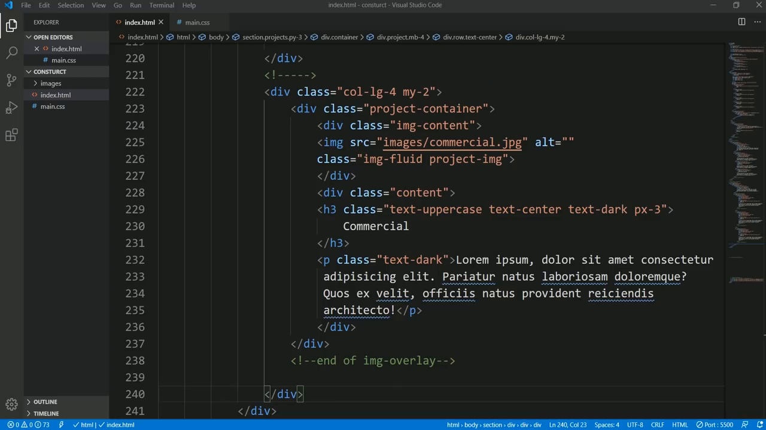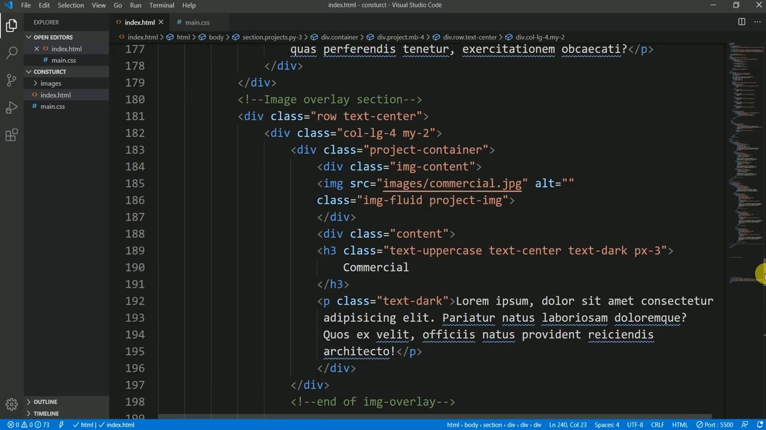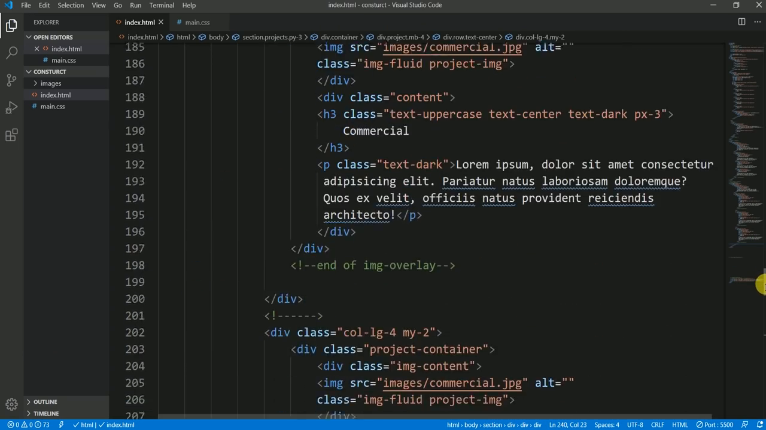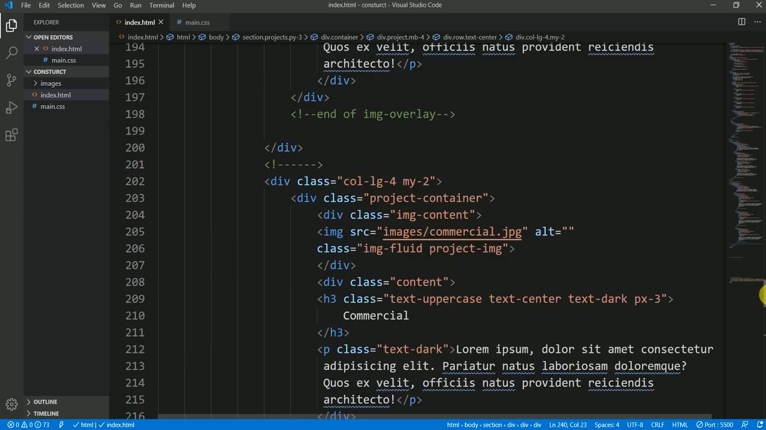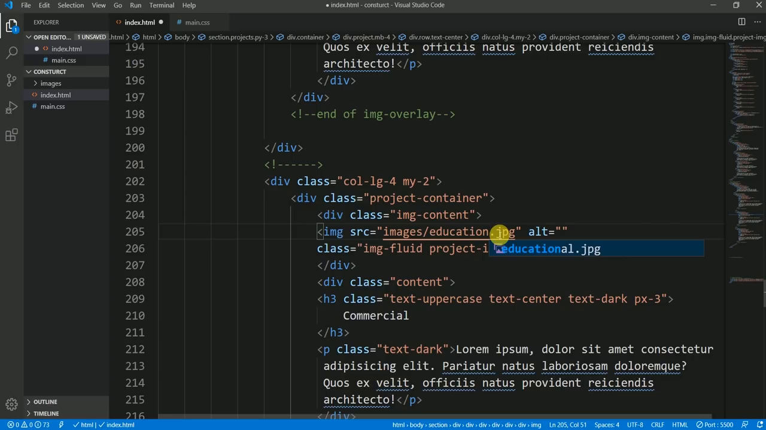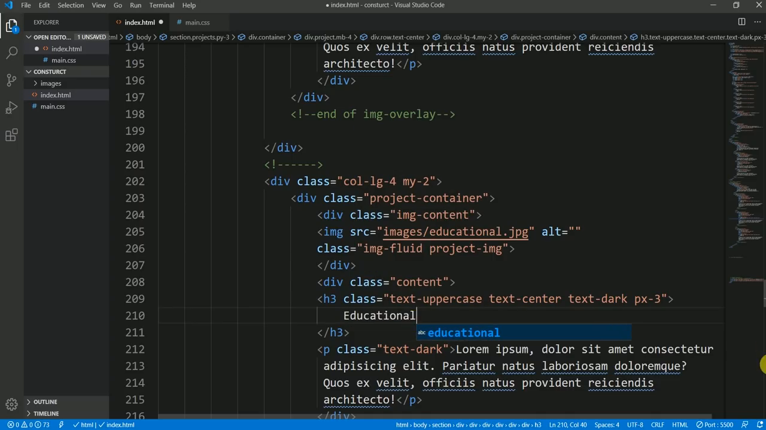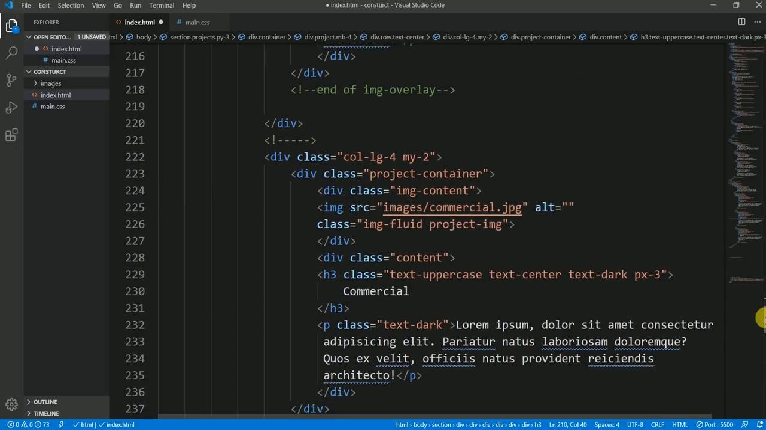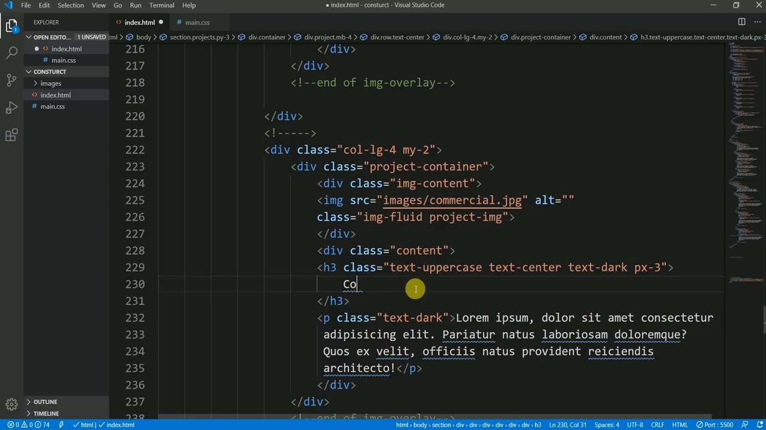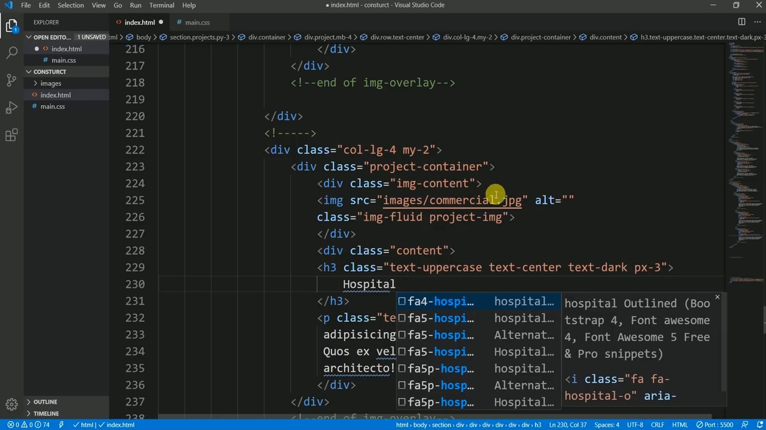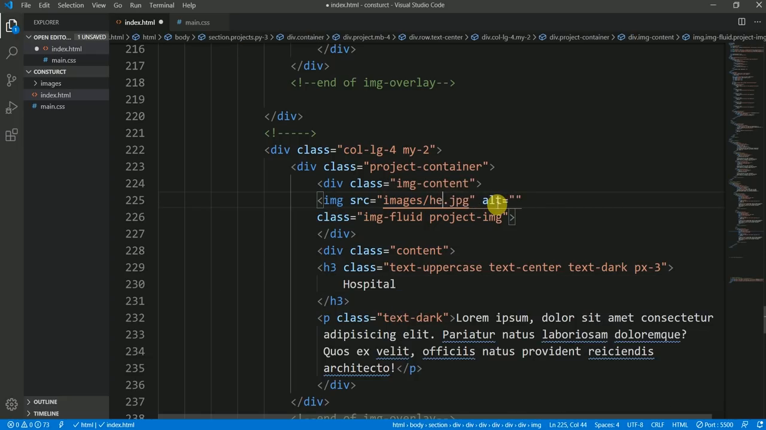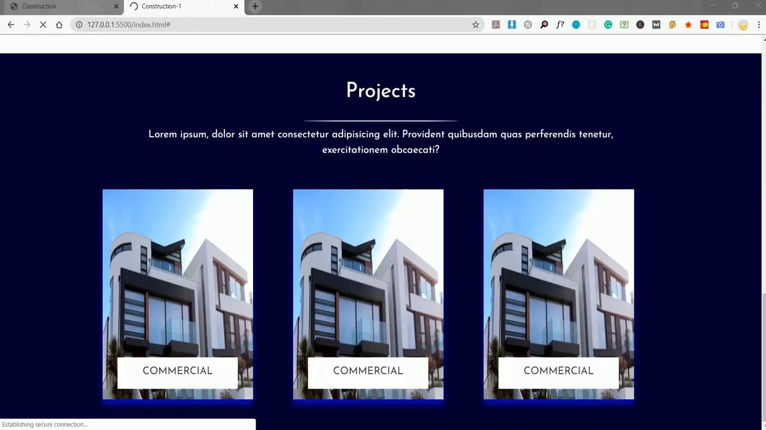Okay, so let's go back to the second image of mine. Here is the first one, commercial, and commercial. So this should be the educational. I've just saved it in my images, and this would be educational, and then here it should be healthcare or hospital, and here I want to say healthcare. Okay, let's save it, move on to the browser,